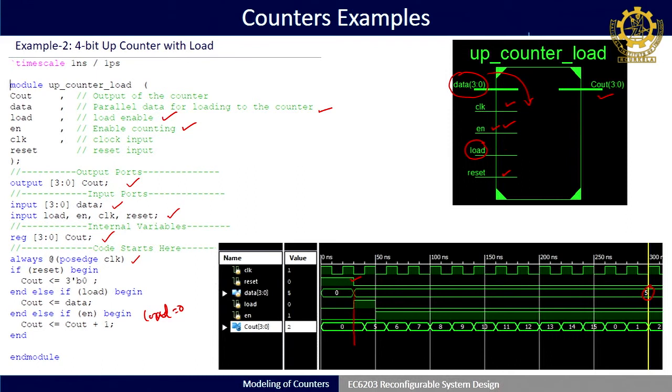Okay. Then at the same time I have made load also 1. When I made load equal to 1, at that time my clock pulse is at 0, meaning the clock is not at positive edge. So, when the clock becomes positive edge, the data is loaded, and depending upon the enable signal it will start counting up. You can see the value is initially loaded as 5 for one clock pulse, then as 5 is loaded, in the next clock pulse it starts counting up as it is an up counter. So, 5, 6, 7 it will go.